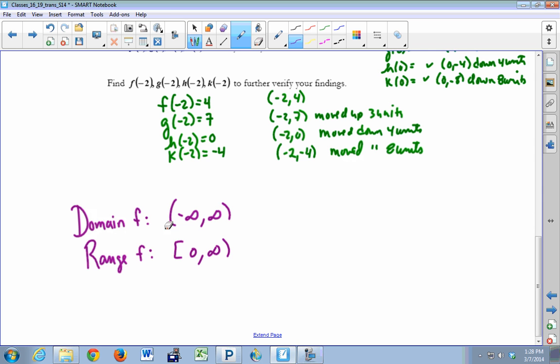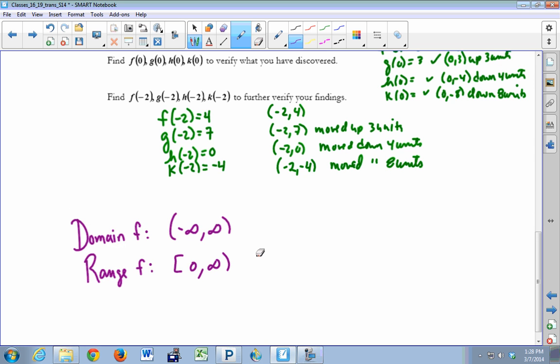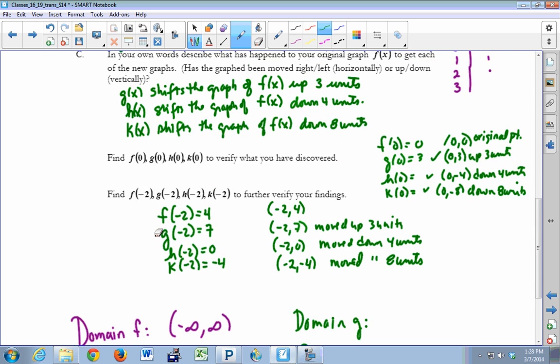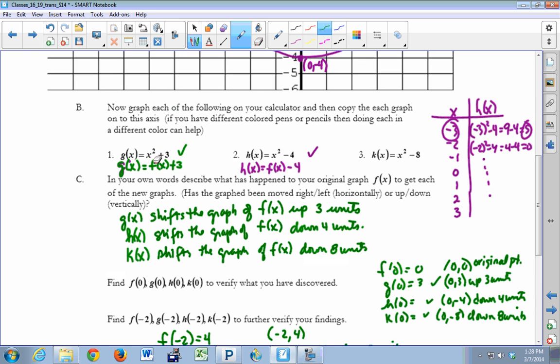So one of the things you want to take a look at is how the transformation of the function changes the domain or the range. Sometimes it changes one and not the other. You have to look at what's being done to the actual function. So if we now take a look at the domain and range of g, we want to see how the function's domain and range have been affected by this transformation right here, by adding 3 to all the output.